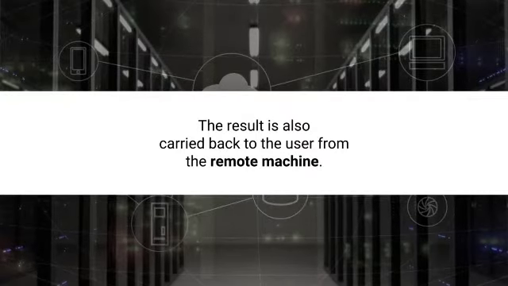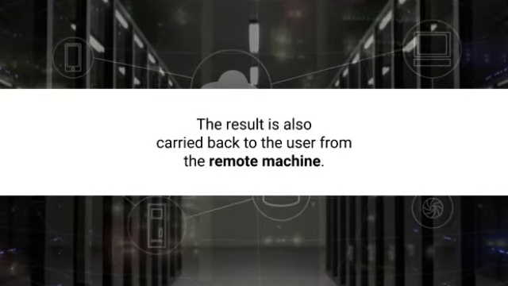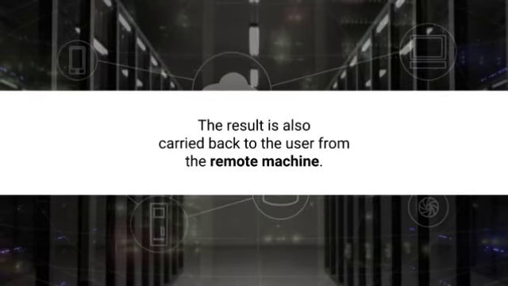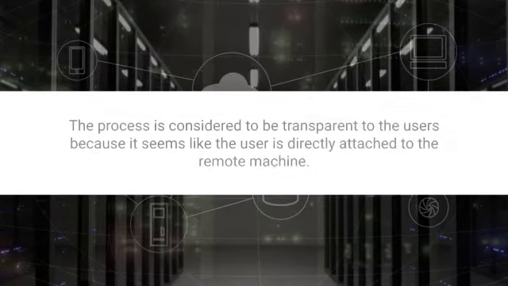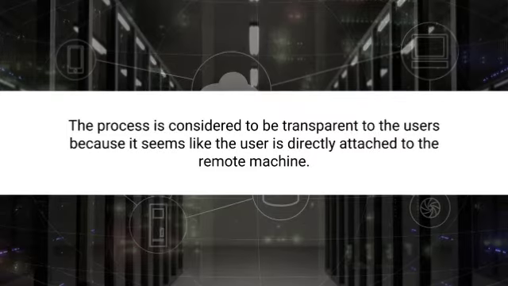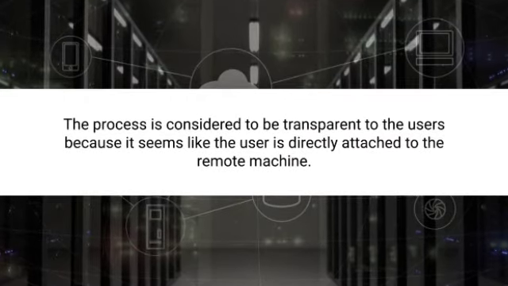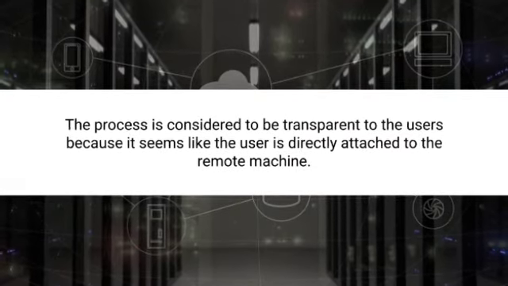the user's keyboard are transferred directly to the remote computer, which looks like the keystrokes were passed from the keyboard connected to a certain machine. The result is also carried back to the user from the remote machine. It is a two-way process. The process is considered to be transparent to the users because it seems like the user is directly attached to